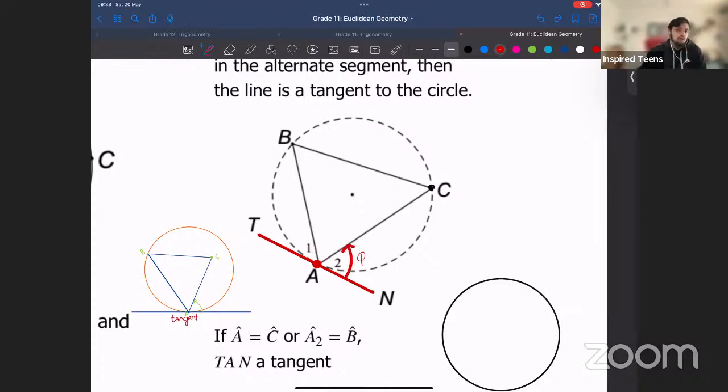I'm not using chord, because we're not in a circle for now. Remember, this is not given. They're not going to draw in a dotted circle for you because then it's obvious. It's given like this, and it will be in a mix of many other different lines, maybe a circle within a circle and a bigger circle, whatever it is. But you'll somehow end up with this, and they'll want you to prove that